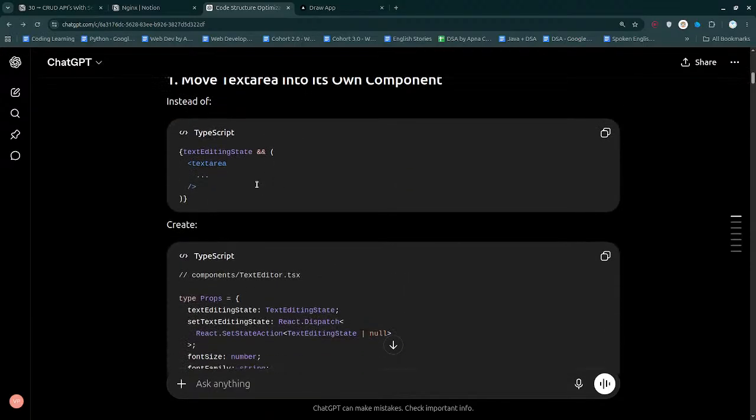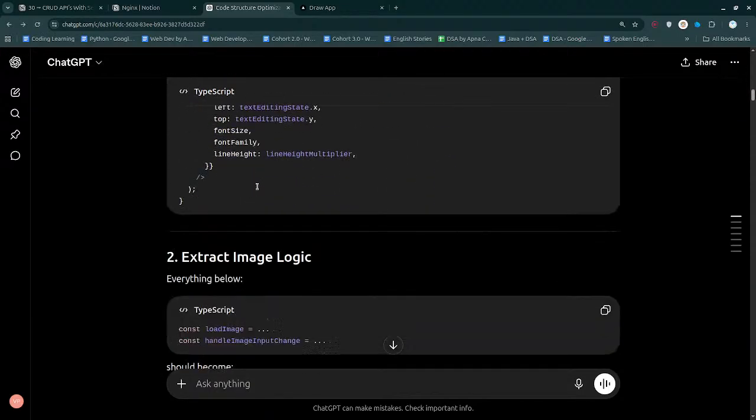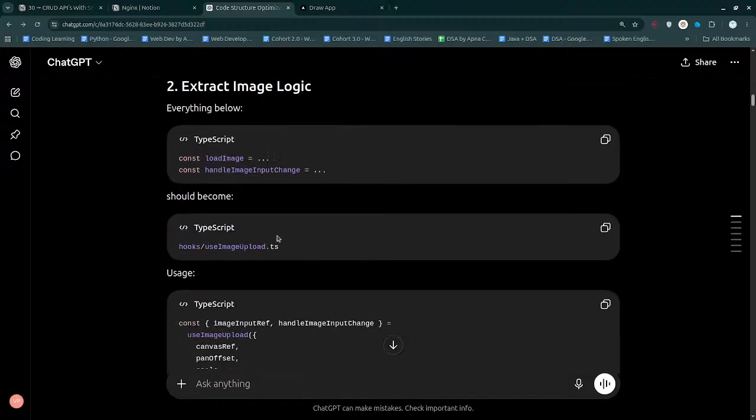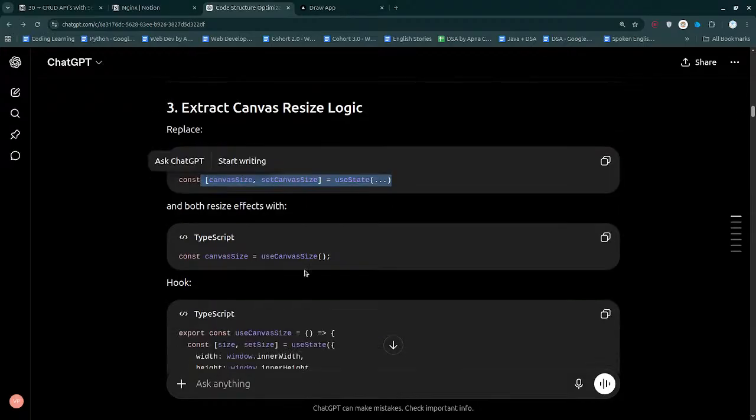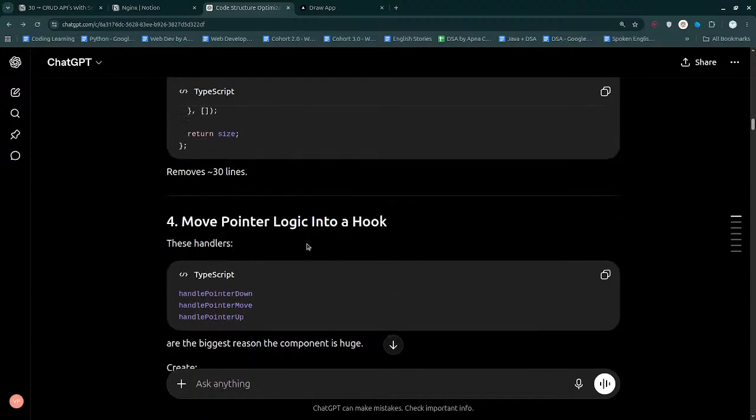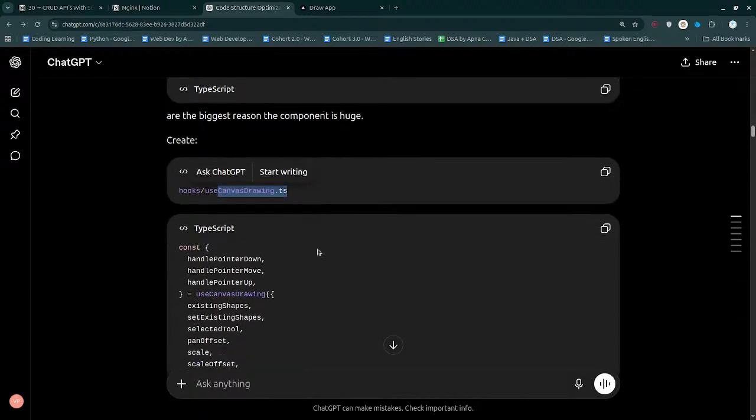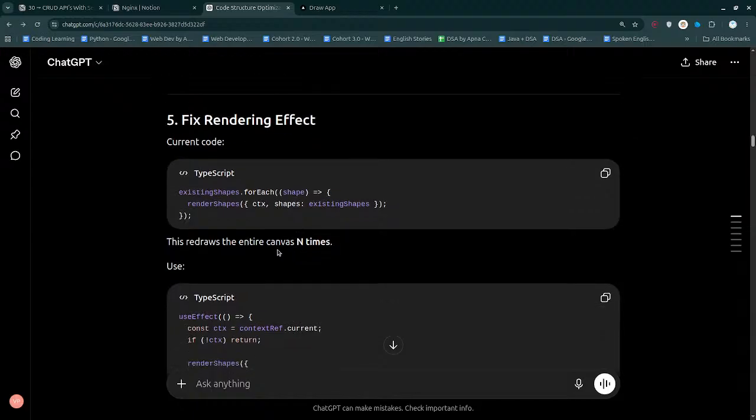So how many things have we gone through? The first step is done, extract logic. The second step is also done: create use canvas size, done; move pointer logic inside use canvas drawing, done; fix rendering effect. Current code is existing shape for,